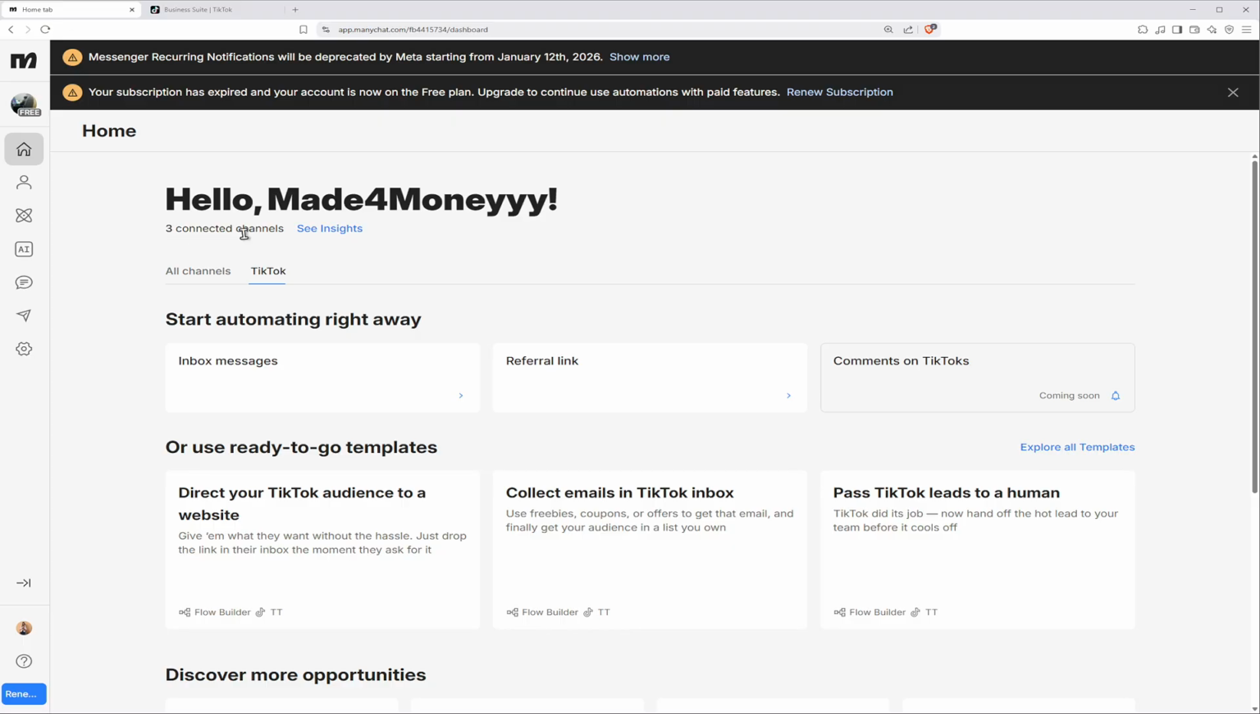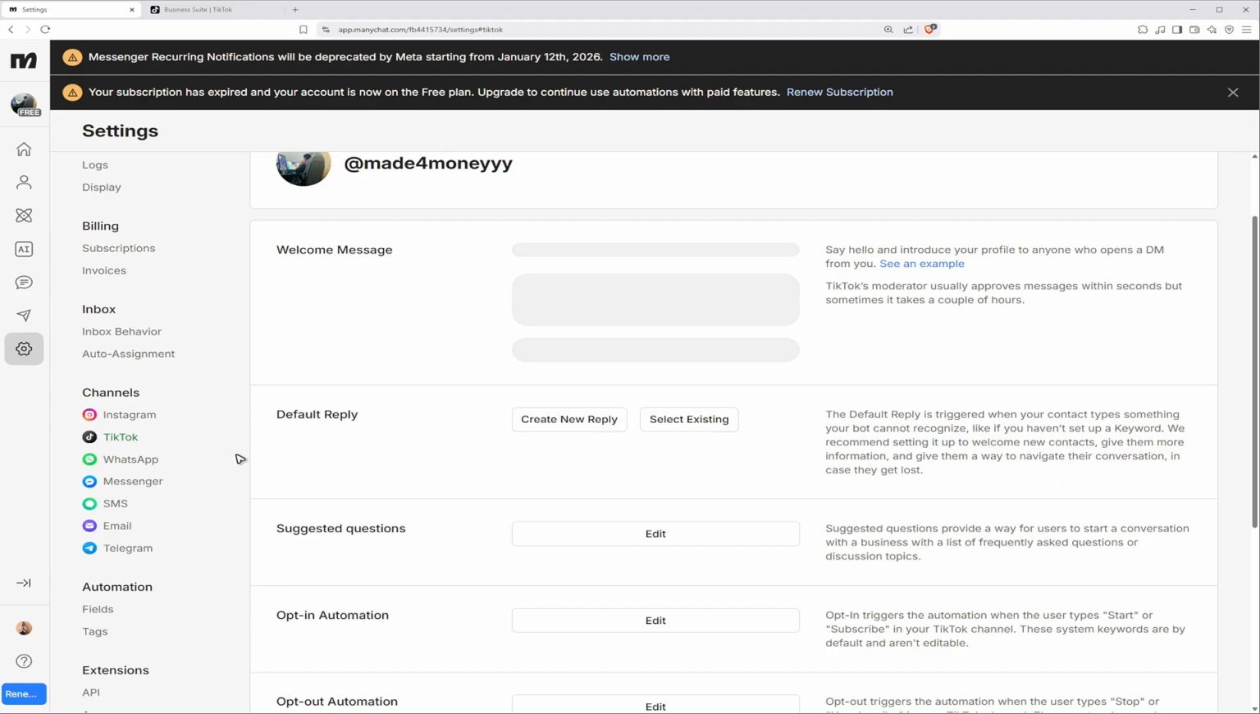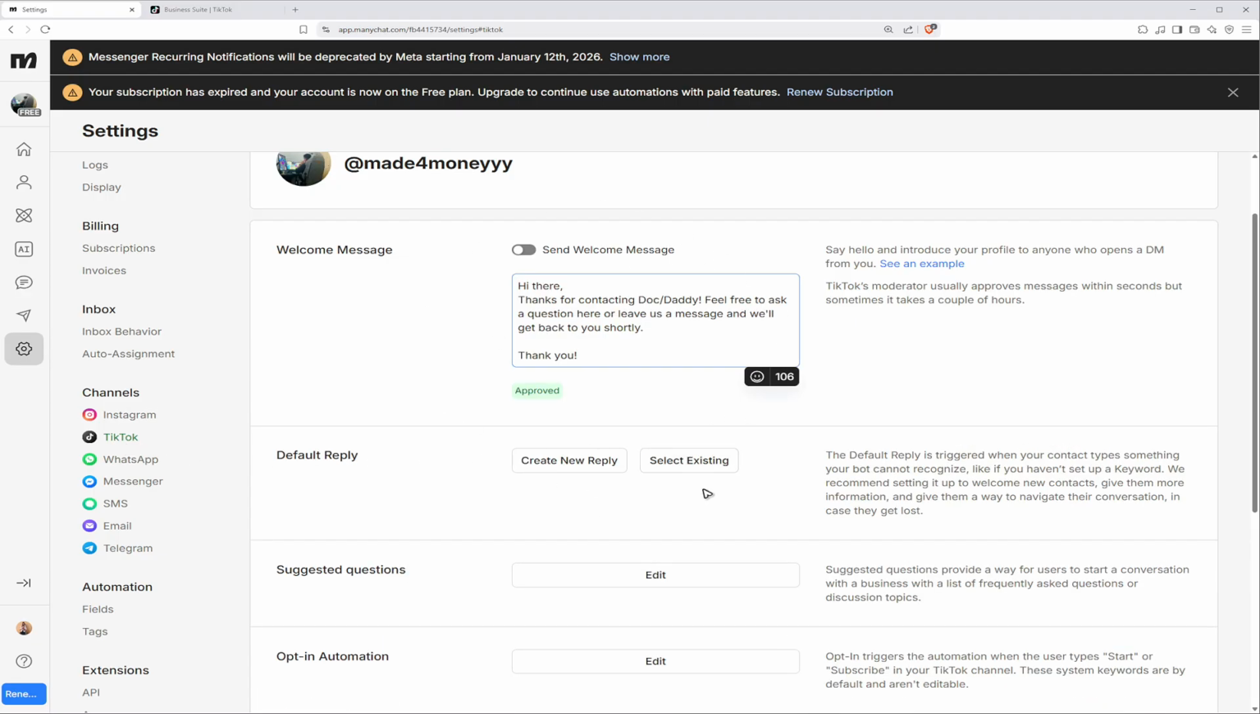It says here 3 connected channels. Now I'm going to go ahead and go to settings just for you to see TikTok right here. And here I have it. All right. And that is how you